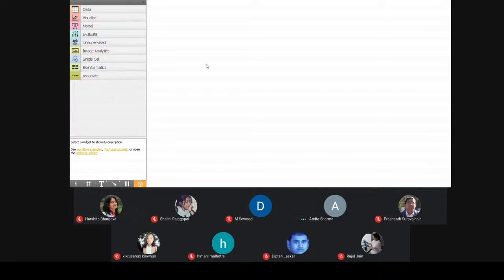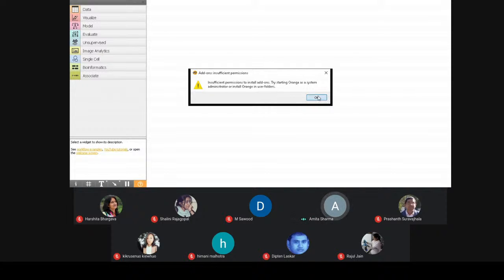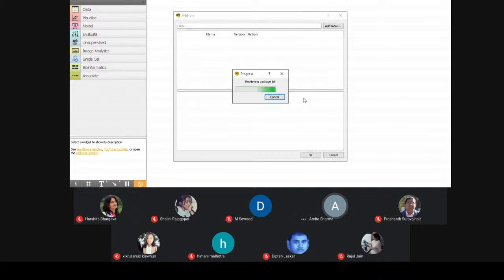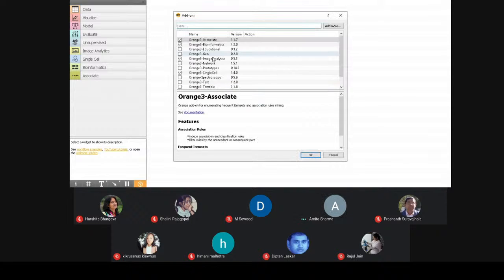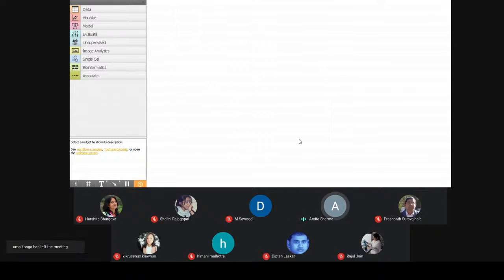I have additionally added some widgets. For that, you have to go to options, add-ons. Since it is showing insufficient space, if you have sufficient space, you can easily add more widgets to your Orange tool. Okay. So firstly, before starting with the Orange interface, I'll just brief you on why we can use the